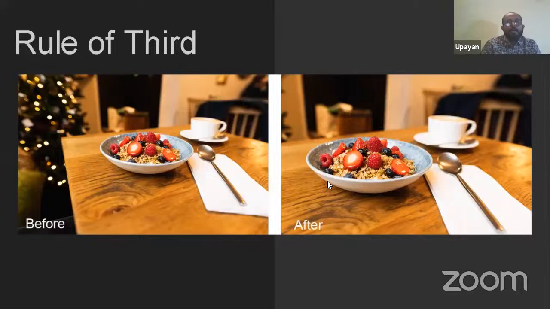Here, what is happening when you look at the left side photo? When you are having this kind of setup, the bowl is at the center, right? And we are having a lot of different areas where our eyes are going, even in the blurred lights at the Christmas tree, maybe in the cup, the spoon, and all these things. And our bowl is a little further from in this case. But when we are moving to the right side image, we can see that